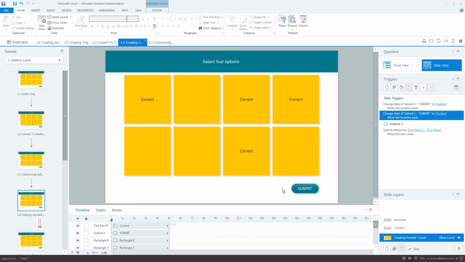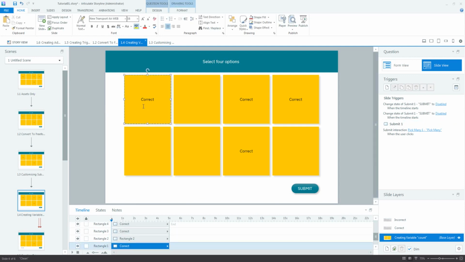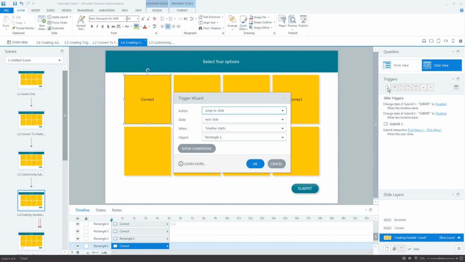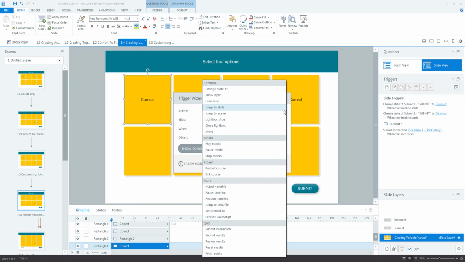And now step 3, we're going to create triggers to increase the value of count by 1 each time a card is selected. So let's click on rectangle 1 to select it, and then we're going to create a new trigger. The action that we are performing is adjust variable.